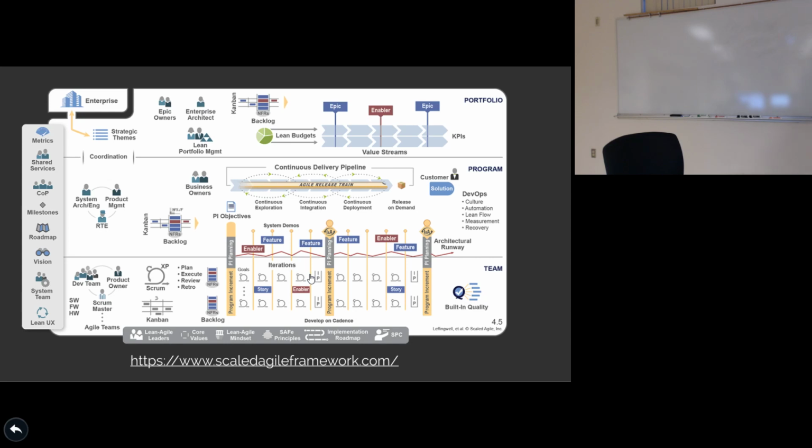So there's something out there called the Scaled Agile Framework, which is designed to put a lot of pieces together and works a lot better at scale. So there's a lot more processes and things around it. I won't really go into what it is. It's worth spending some time reading up on it if you do end up in that scenario where you're with a lot of teams. There's a lot of useful nuggets. The company that I was working at, we brought them in and spent a whole week learning about this. It's quite helpful at that scale, but